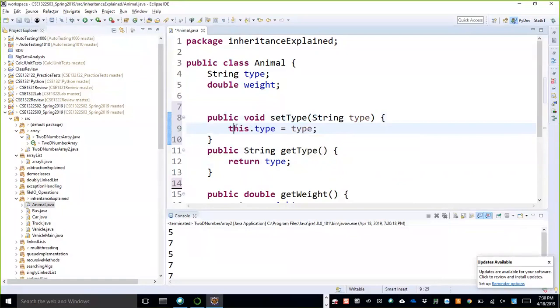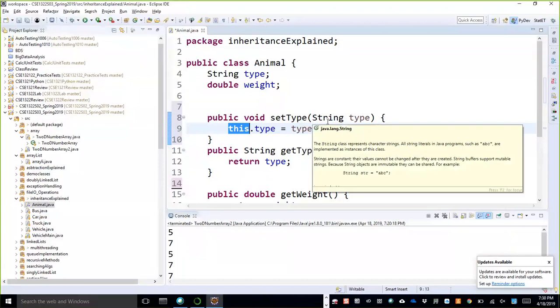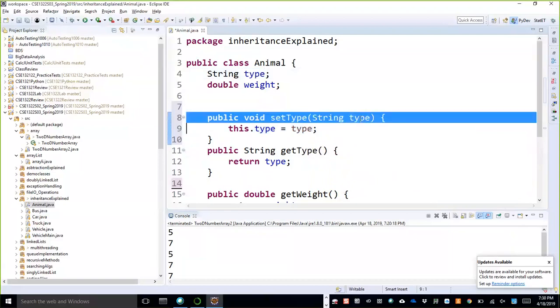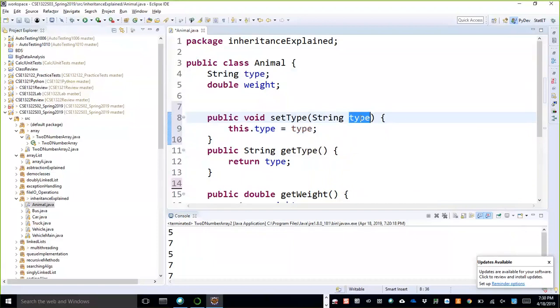Remember that this keyword is optional in some cases, but when is it required? If the field name is different from the local argument name, for instance if the argument is named something else, then you will see this.